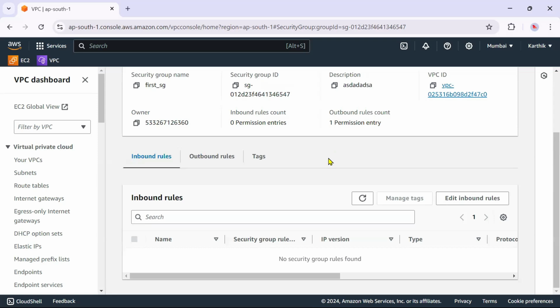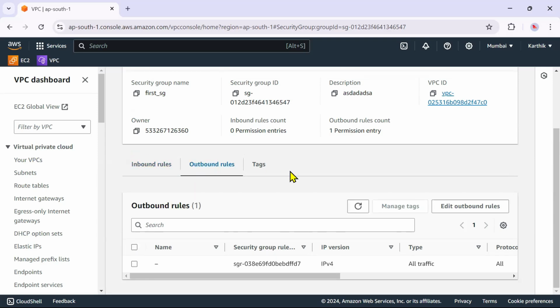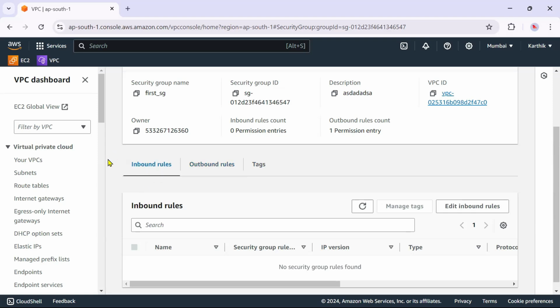As I already told you, it is a stateful firewall. That means you just need to configure the incoming traffic. While going out, you need not configure here. It will be automatically allowed. You just need to focus on inbound rules in security groups.